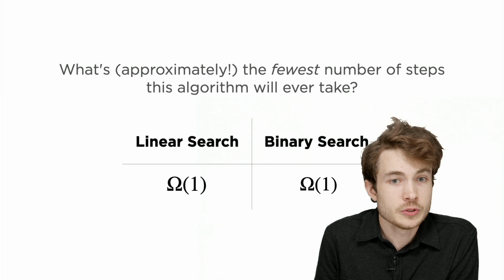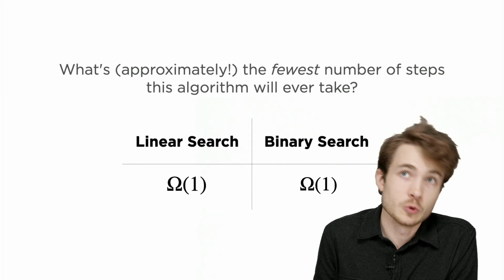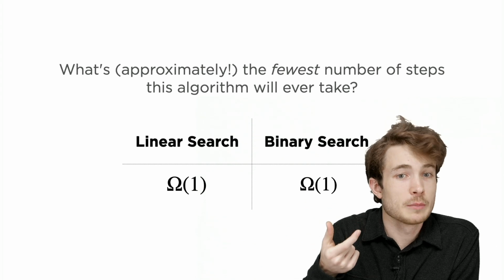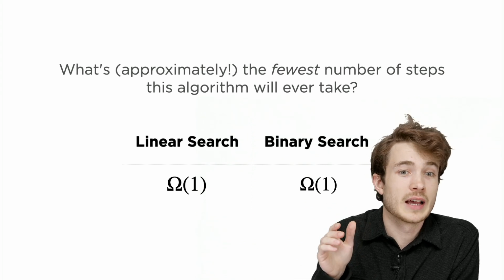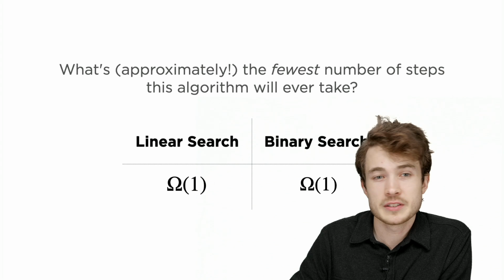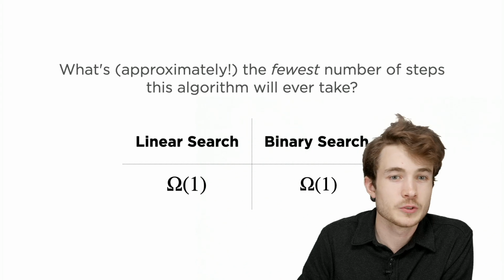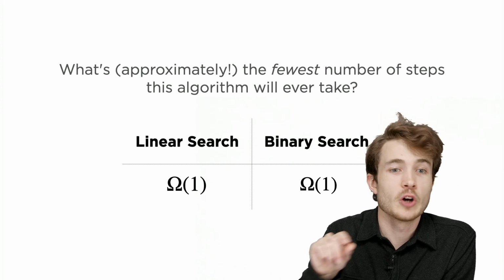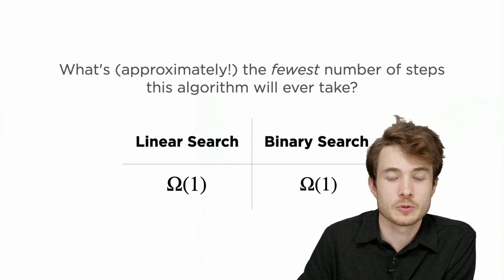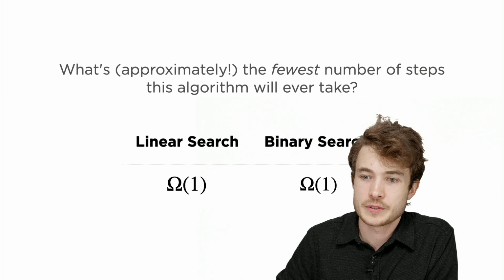And now here, too, is this idea that omega notation doesn't even quite care if it takes 2 or 3 or 10 steps in the best case. If it takes some fixed number of steps, it is only going to be written as omega of 1. And there are other notations we'll consider too, which I'll show you in just a bit. But consider for now that even if it took a fixed number of steps, 10, 100, 1, all of those would be written as basically omega of 1, indicating it takes some certain number of fixed steps in the best possible case. So, questions then on these algorithms.